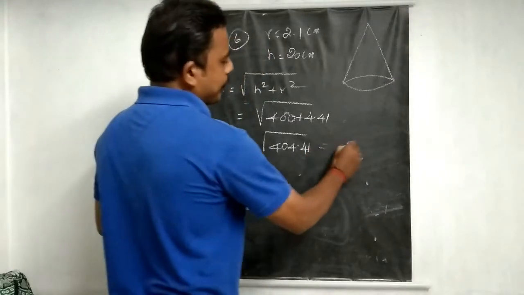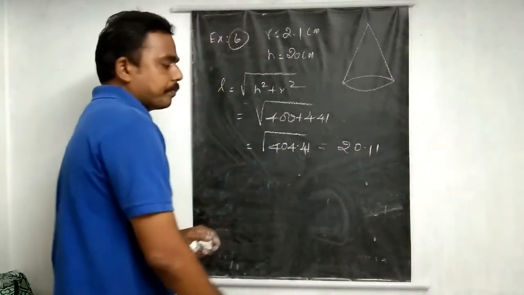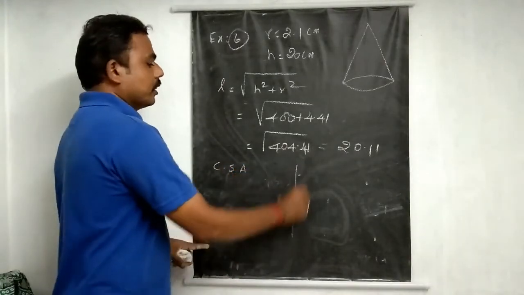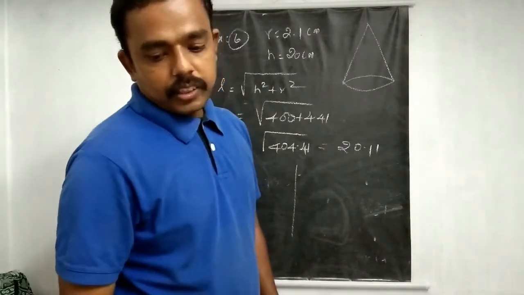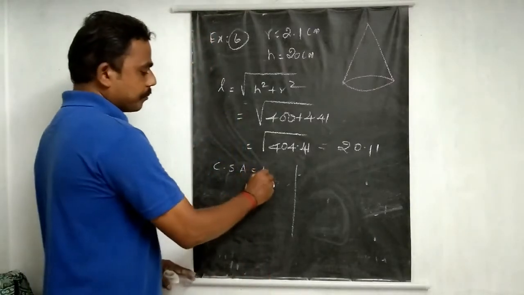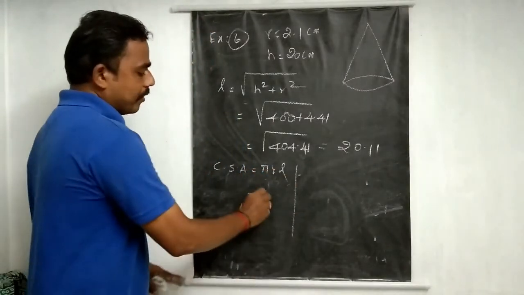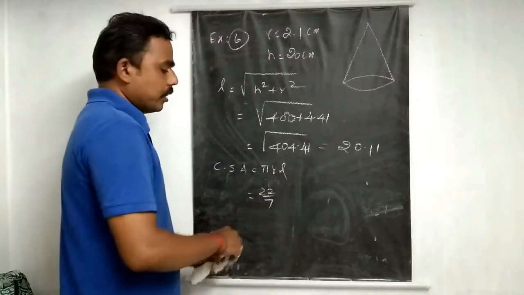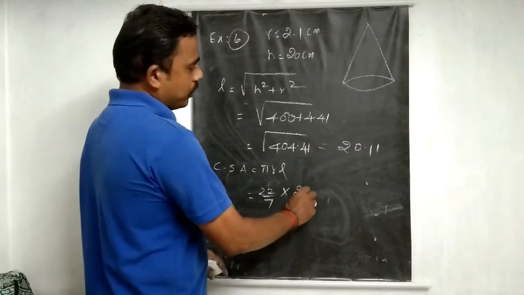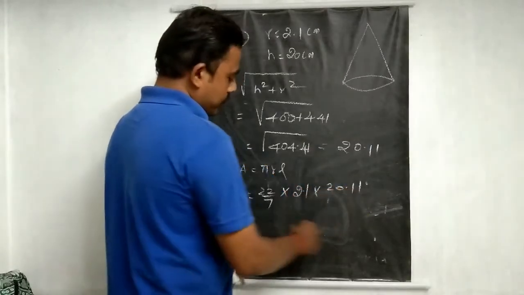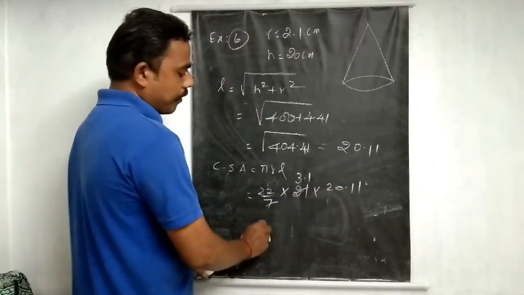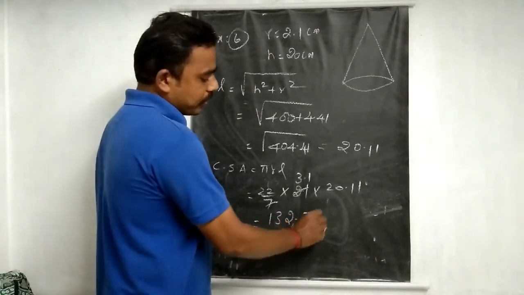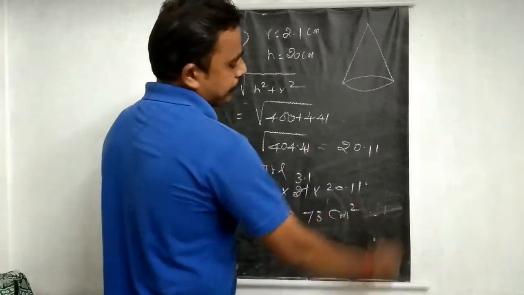One decimal is enough. Anyway, it's given as 20.1. After that you may find your curved surface area and total surface area. Here, for the curved surface area of the cone, we only need pi r l. So pi value 22 divided by 7, because the pi value is not given, or 3.14, into r value 2.1 into l value 20.11. After finding this product you may get 132.73, in centimeters squared.